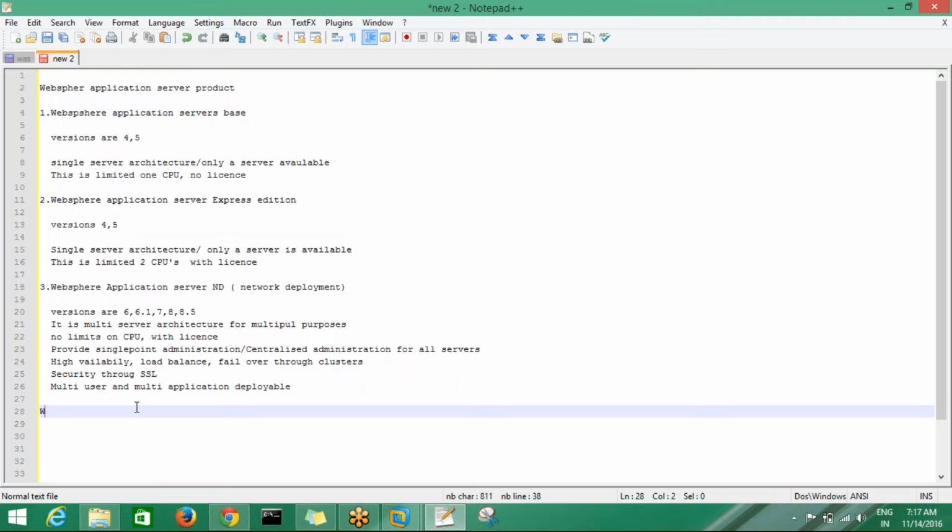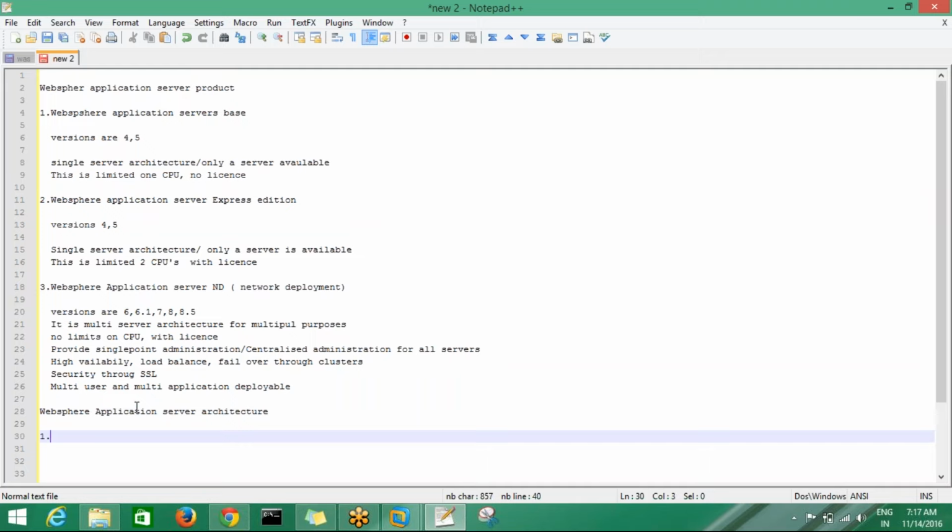And coming to WebSphere architecture, we have two types of architectures.